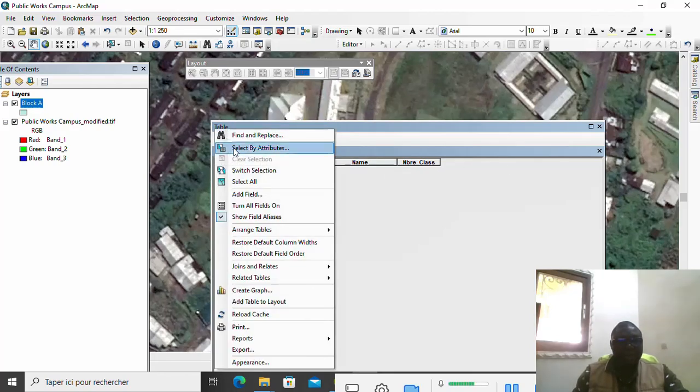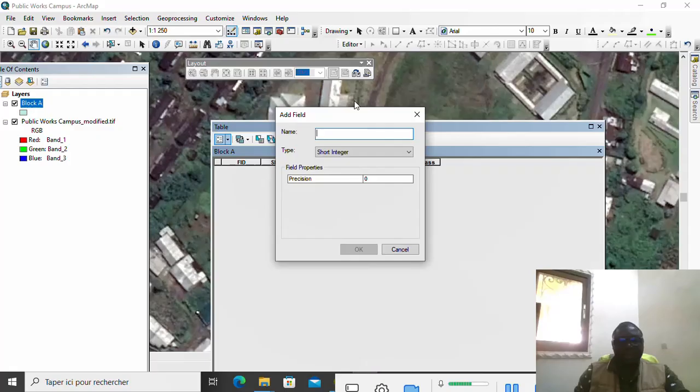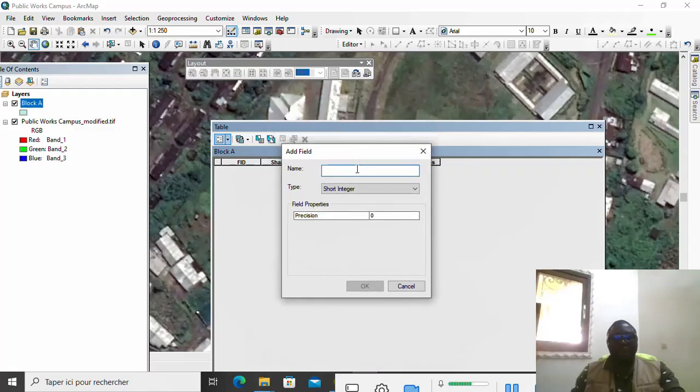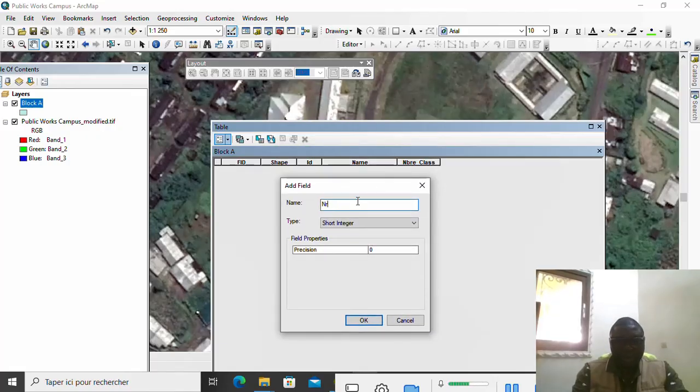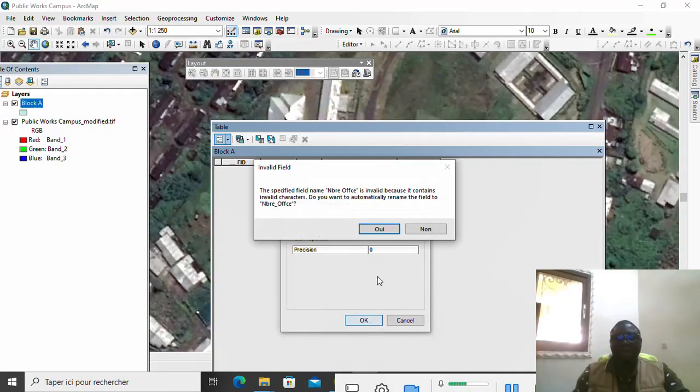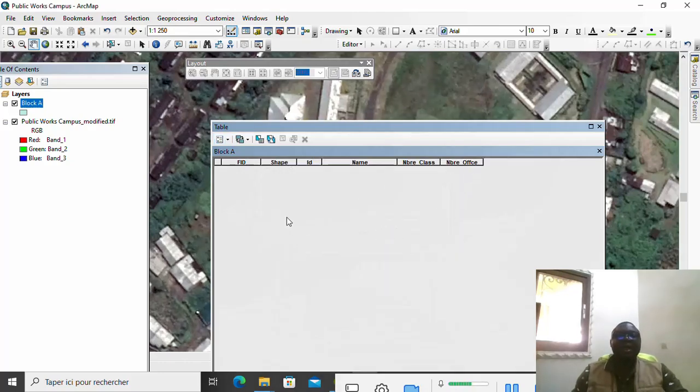So I can come here again, add field. I've created number of classrooms. So what should I create again? Number of offices. So I can just come like this. Follow the same pattern there so that we have uniformity. You see, short integer. It's still long though. Just give number office. Okay, now we have number of classroom, number of office,